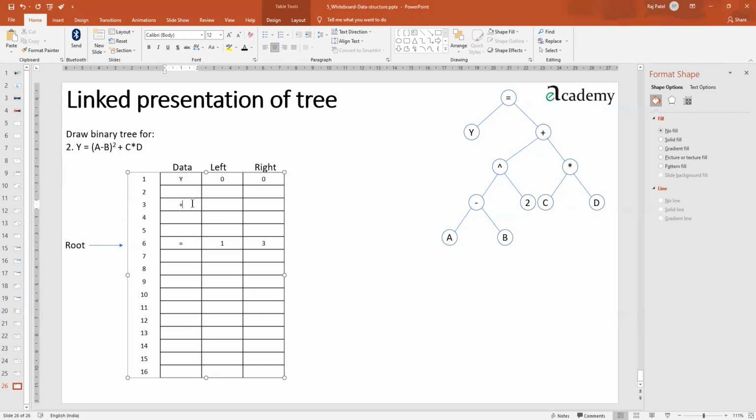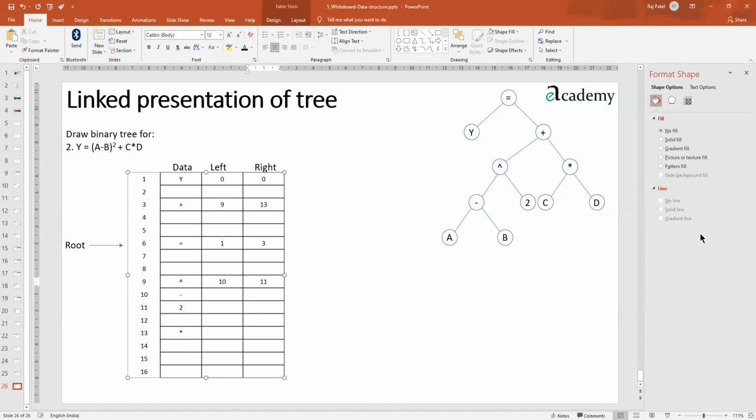We can go ahead with the plus sign. From the plus, we want to go to left and right. So we have to choose this upper arrow. Let's say I have chosen this as an upper arrow, and over here an asterisk. What are these numbers? 9 and 13. So I'll just say 9, 13. Now just think about this upper arrow. It has two particular things, minus and 2. So minus and 2 we have to choose somewhere. Let's say minus here and 2 below, which is 10 and 11.